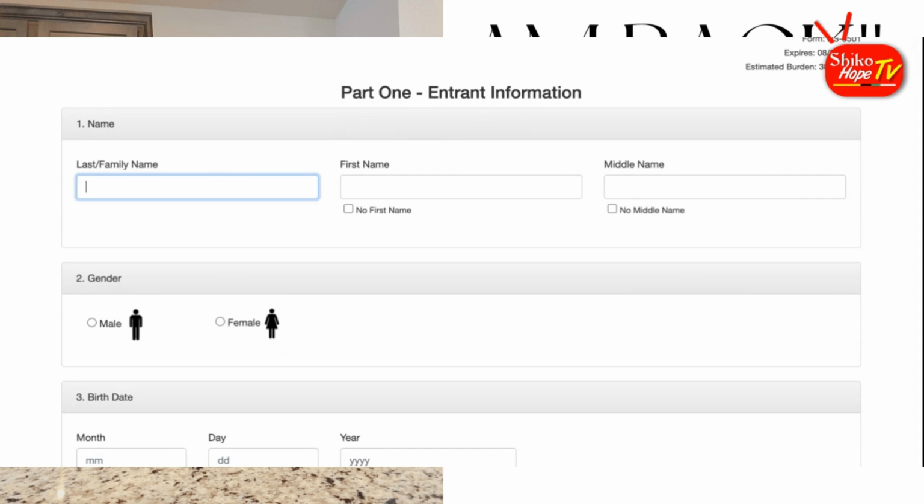I'll put my details. Hope Shiko. Hope. Okay, this is the last name. You see, guys, you need to be very careful. It is not the first name. This is the last name. My last name, let's put my last name here. First name Hope, middle name